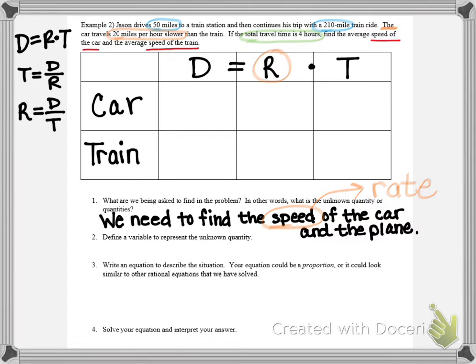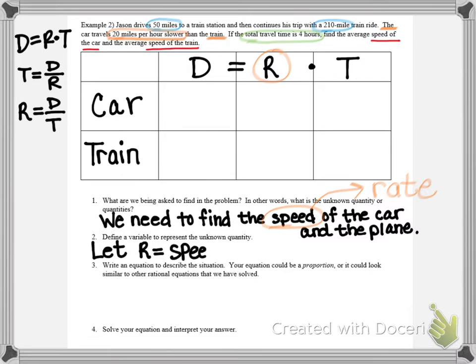Okay, question 2, it says define a variable to represent the unknown quantity. So let's go back up and look at our problem. The car travels 20 miles per hour slower than the train. So if I knew the train's speed, I would just have to subtract 20 and then I could figure out the car's speed. So when I'm setting up a variable, I'm going to start with the speed of the train